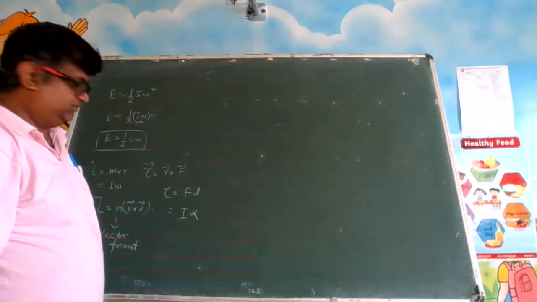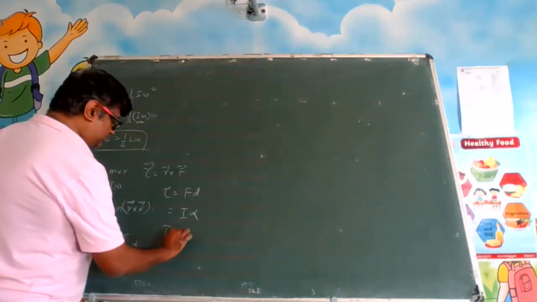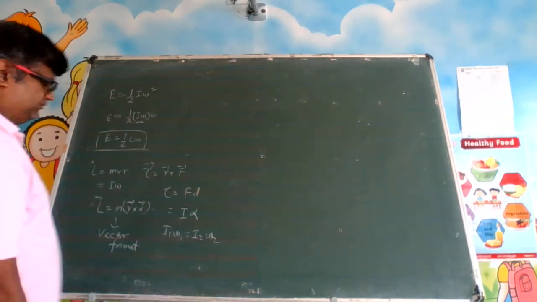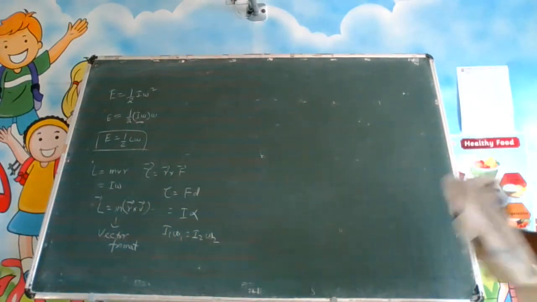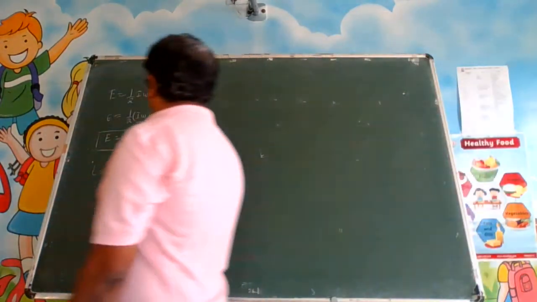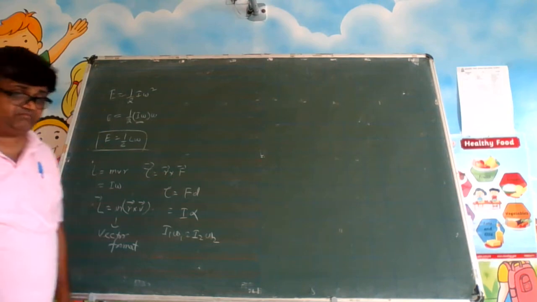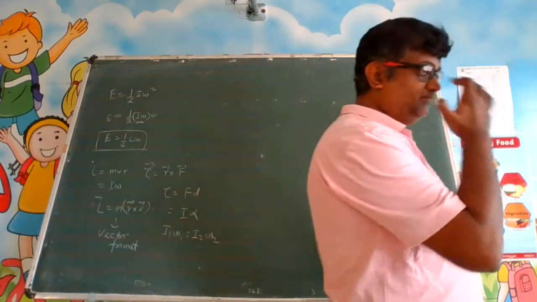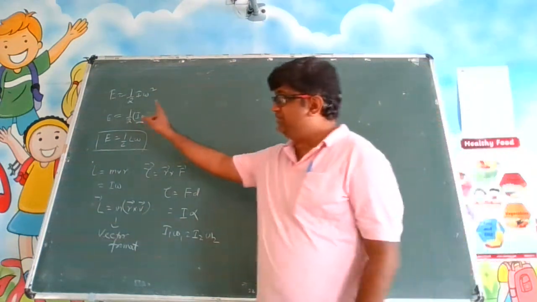Anything else we learned? We learned that angular momentum when it is conserved, I1 omega 1 is equal to I2 omega 2. Till now we have seen these equations only, right? Just a quick recap. Okay. Then we have talked about kinetic energy, rotational kinetic energy. So there can be a situation where you have both rotational kinetic energy as well as a linear kinetic energy. So your total energy will become what?